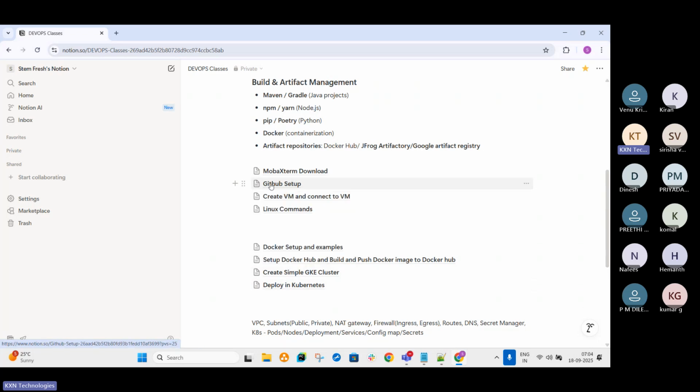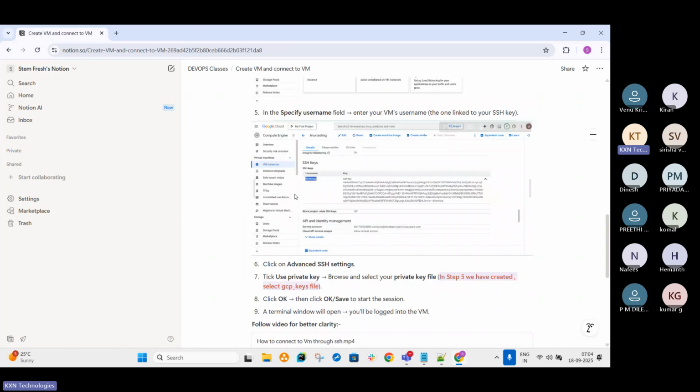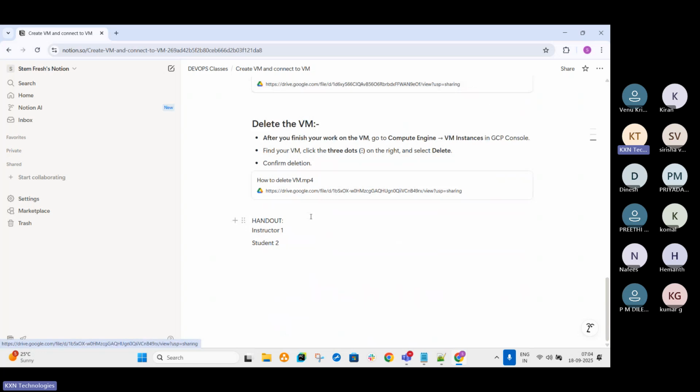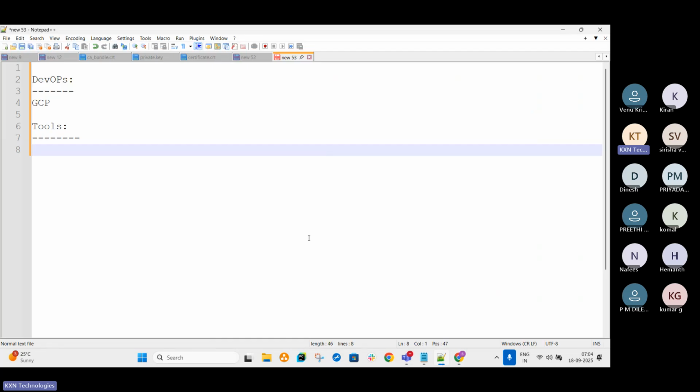You need to have a GitHub setup, and we also need one VM. You need to create one VM in one of the cloud services, which is GCP. Here we have given all the directions on what needs to be set up. And before that, you need to understand the basics for all this, right? What is the basic stuff? So we need to have